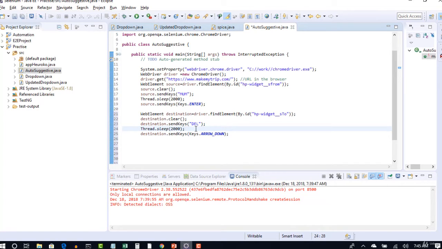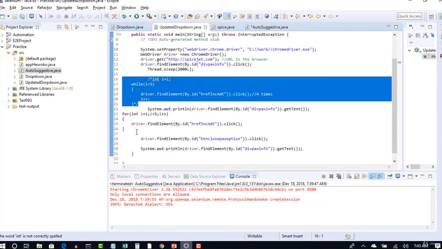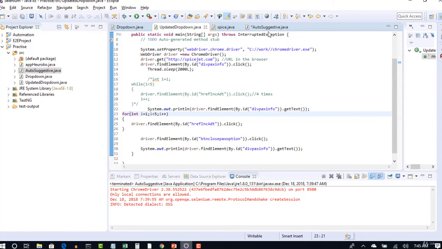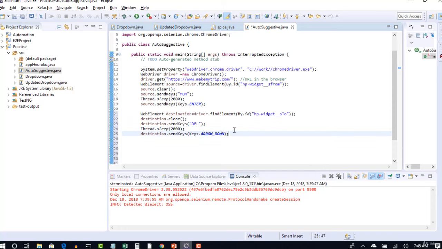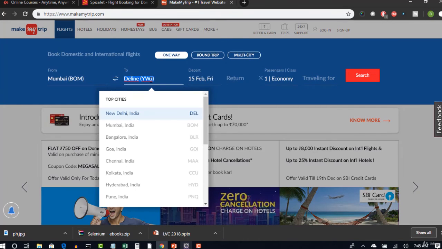No. In the last lecture I showed you how to loop if there is a same step which you have to repeat multiple times. So loop like this using while or for loop and repeat that step. For now let's do it only once and select this Deline Canada. It's up to you for practice to loop and select any other option from this suggestive box.